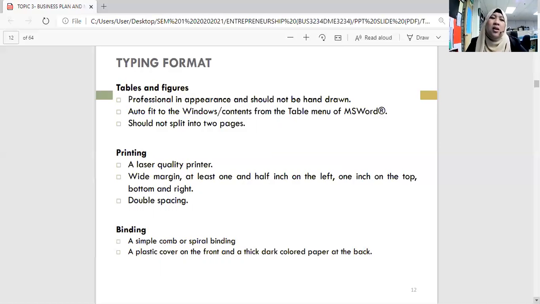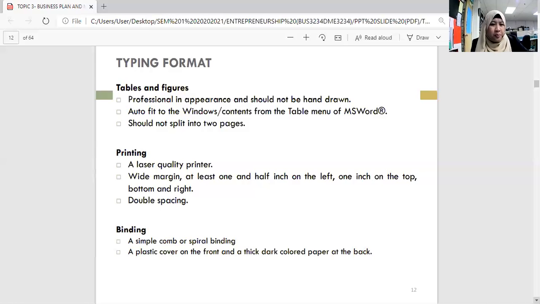The problem is if the students submit to me the hard copy, when it comes to the photocopy center, the format will be totally off. Format tu dah berterabur. Then the best thing you should do is convert your Microsoft Word file to PDF file. Then all your tables, everything, for example, like space and paragraph, will be in the right format.